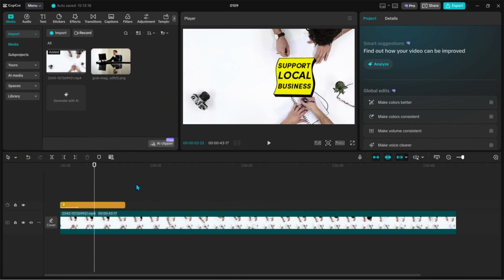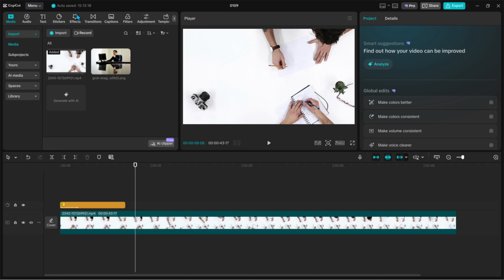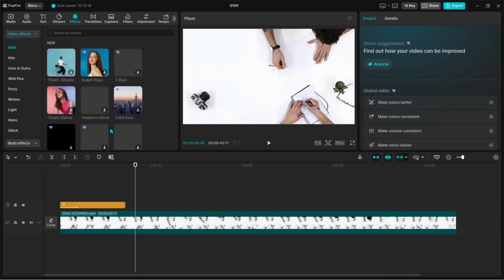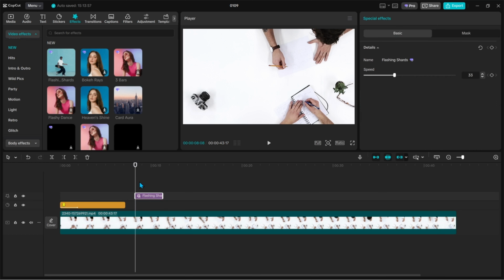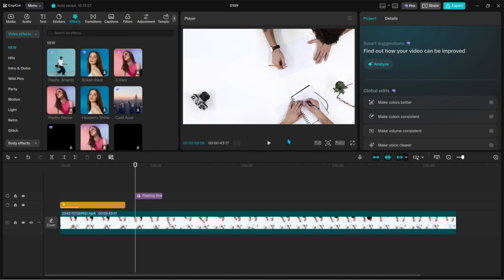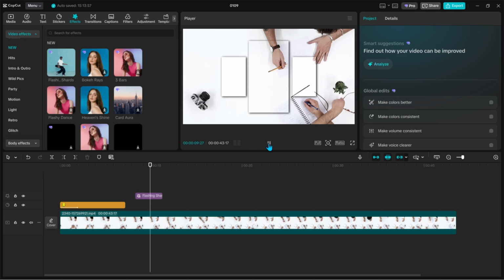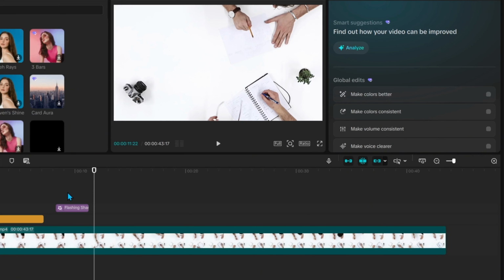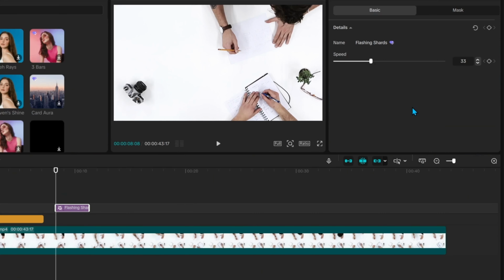Let's now talk about effect keyframe. So I'm gonna go select an effect. Let's see what we have new here. This is quite a good effect. Perfect. So it's basically a flashing image. Nice. I'm going to select it,